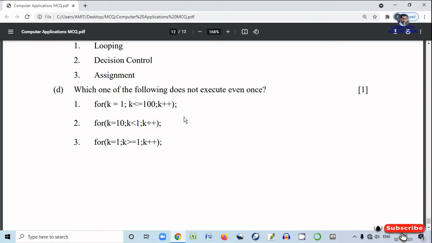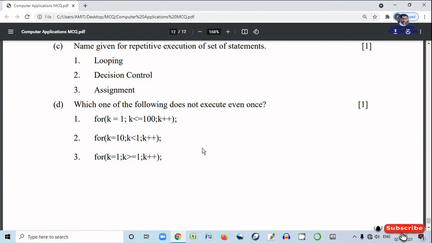But overall, this will run 100 times, this will run at least one time, but this will not run because k equals 10 means the first condition is false here, because k is 10, 10 less than 1 condition is false. So the answer will be part 2.